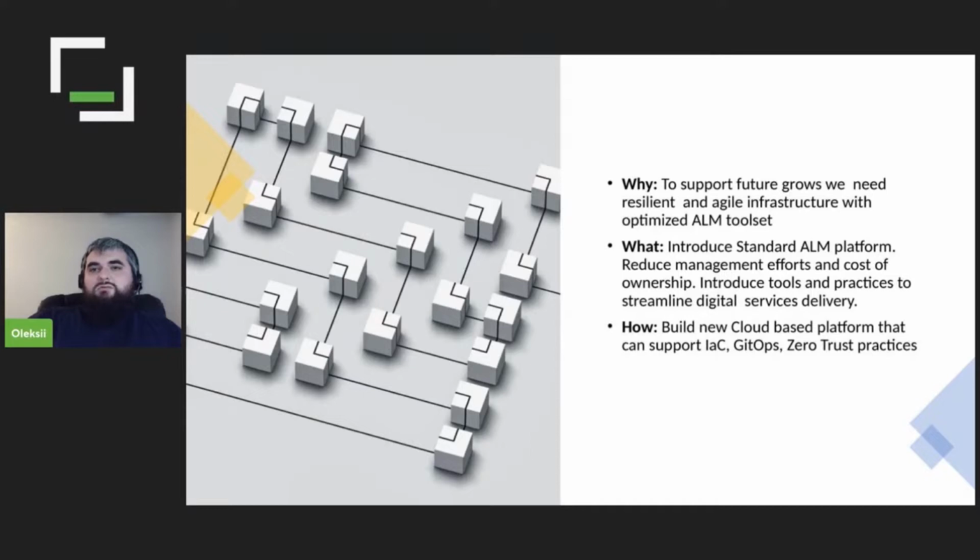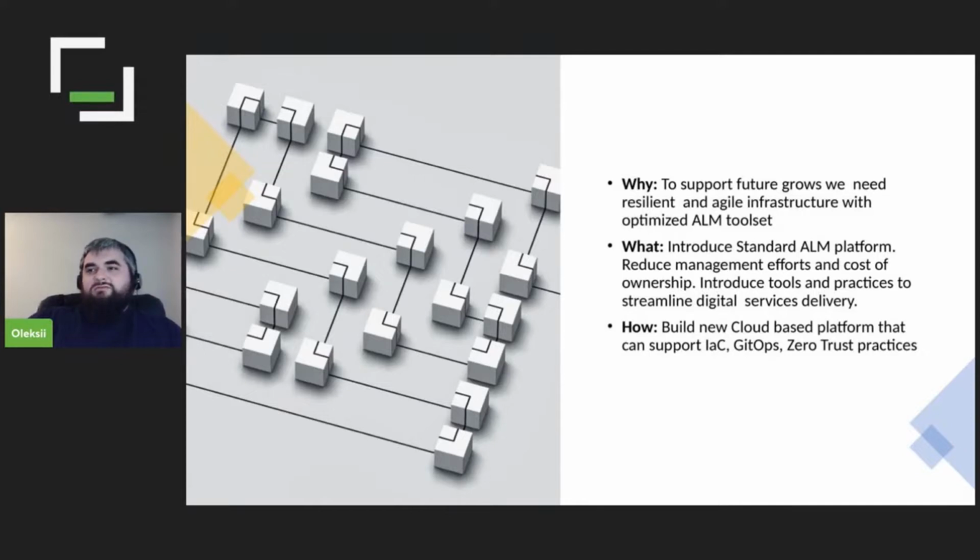So how are we going to do that? We need a standard platform that will be aimed at reducing efforts, risks, and cost of ownership. Well, most DevOps products claim that,